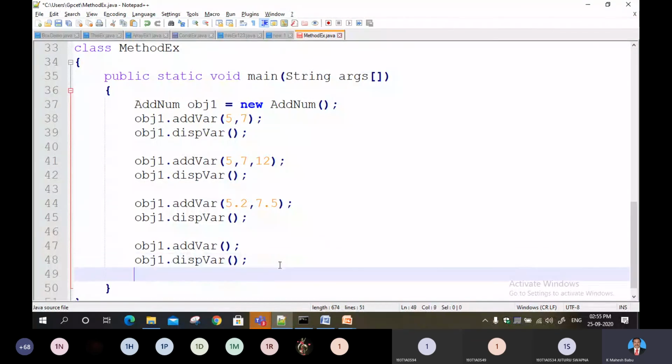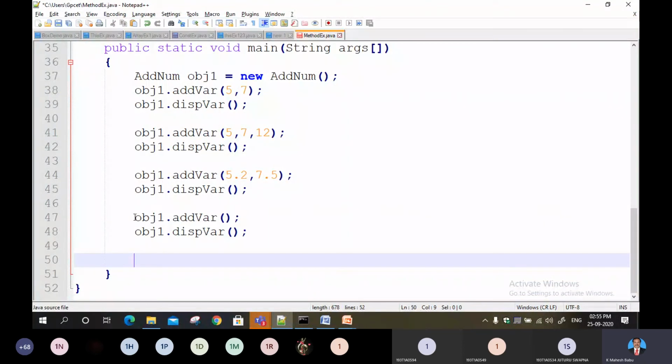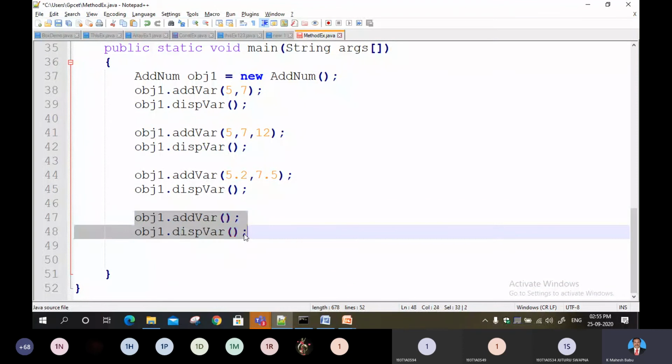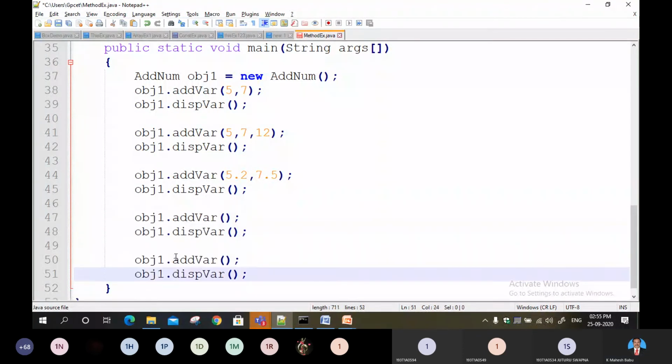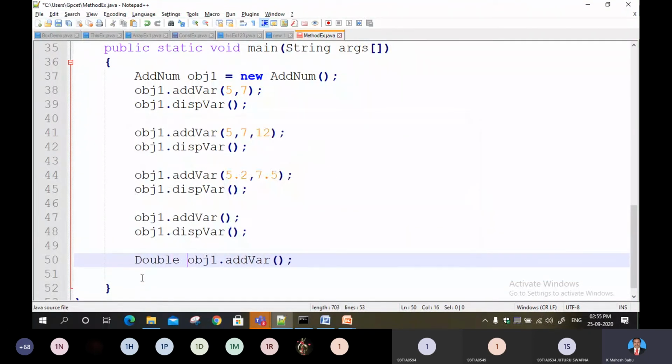For example, I can add a method here again. But here I don't want to display the same information. I can take double. So what am I returning? I am returning a double value. So receive it in double format.